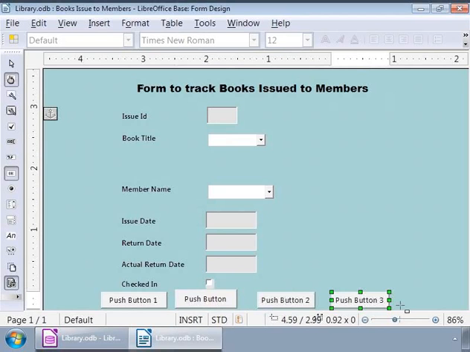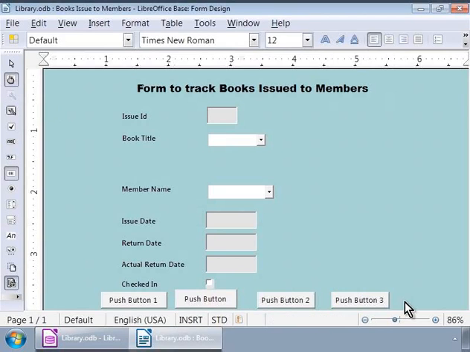And now we have 3 more buttons, all aligned in one horizontal line. We are done drawing the push buttons on the form. Now let us change their labels.